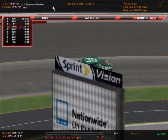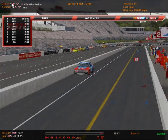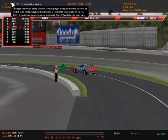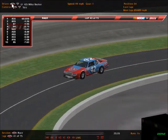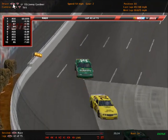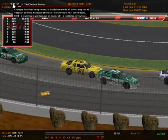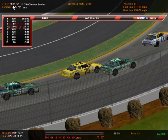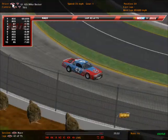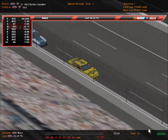Gardner is right now running in 33rd position in the Folgers car. There's Mike Becker coming off pit road in the STP Buick, in 34th position. He is the man who won the first stop we had at Talladega. And Quentin Moore bumps into Joshua Sakuli in the 47, and he gets rear-ended by the 74 of Chelsea Bowl. So a lot of